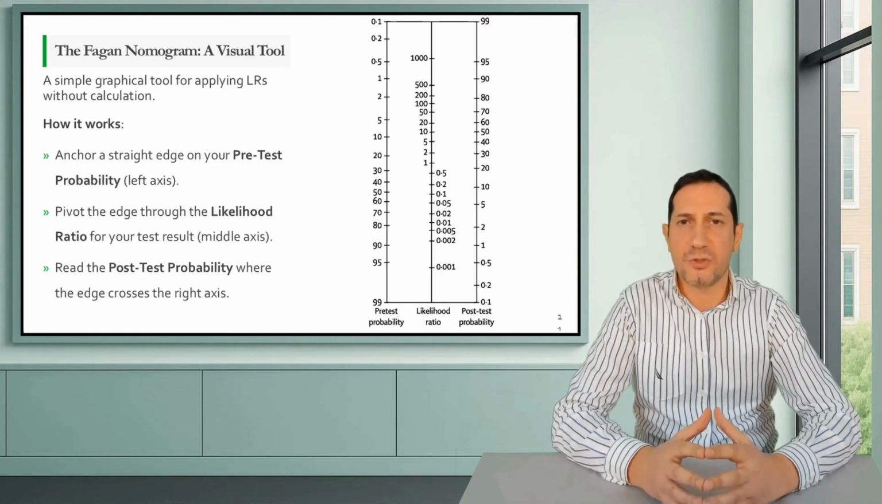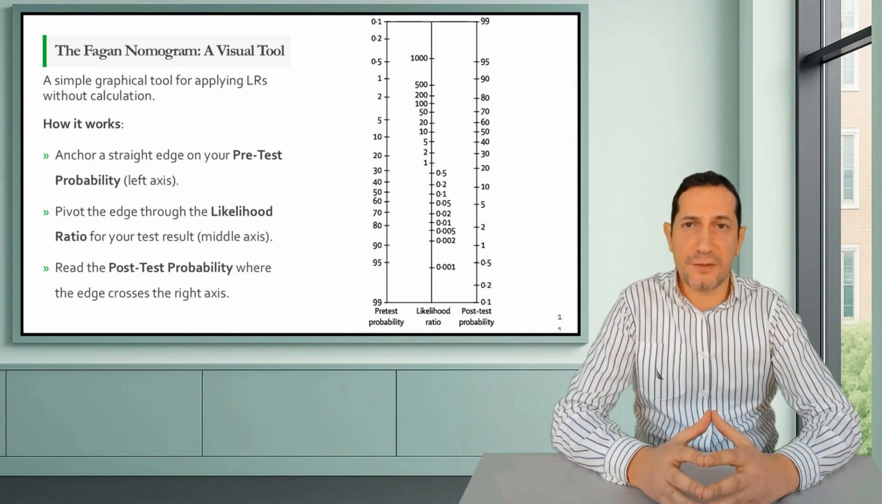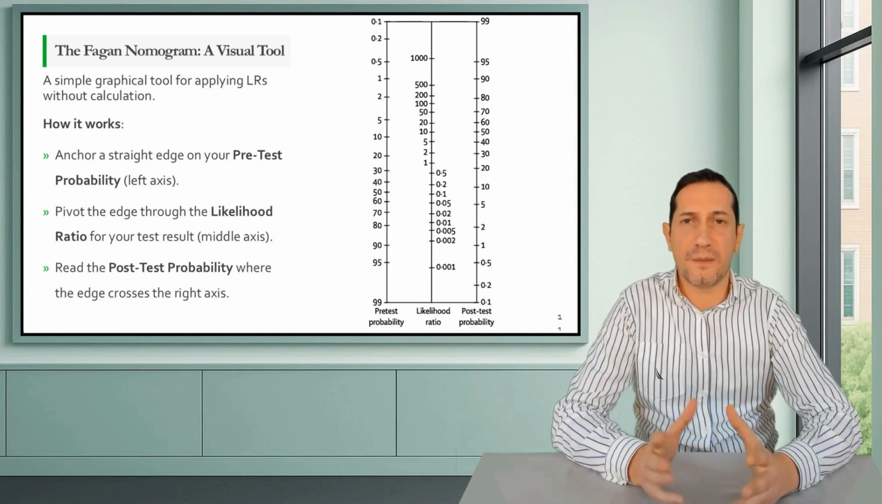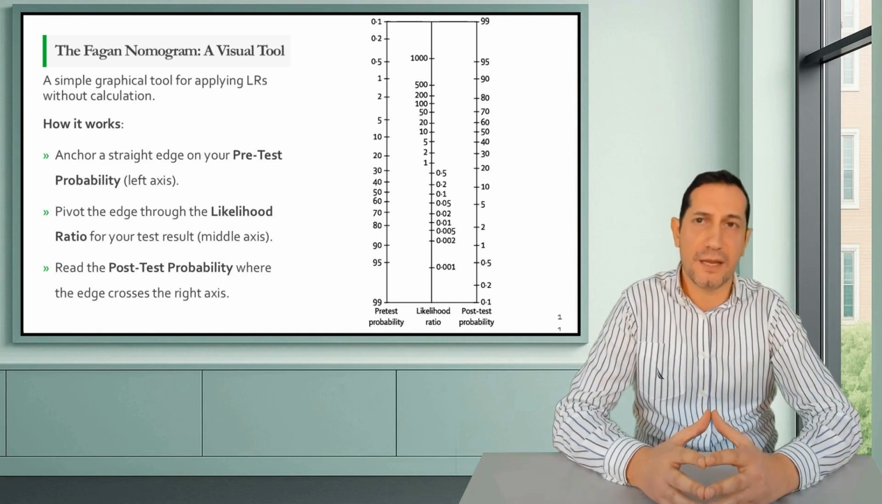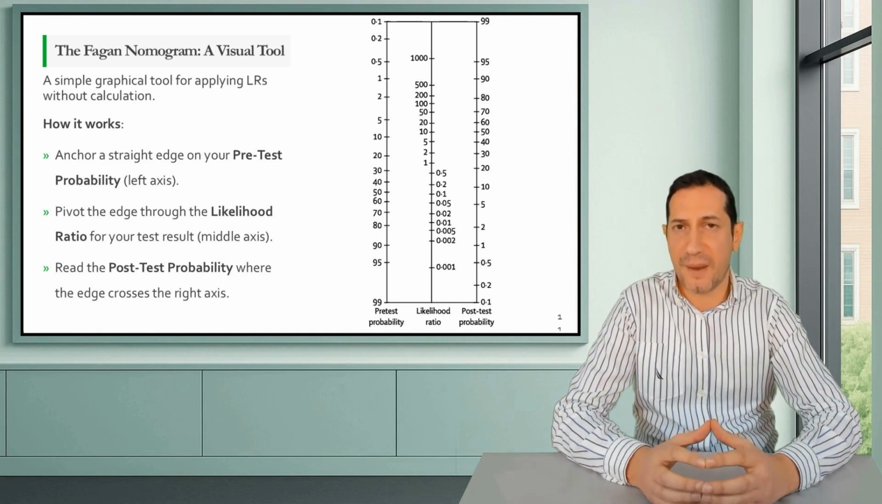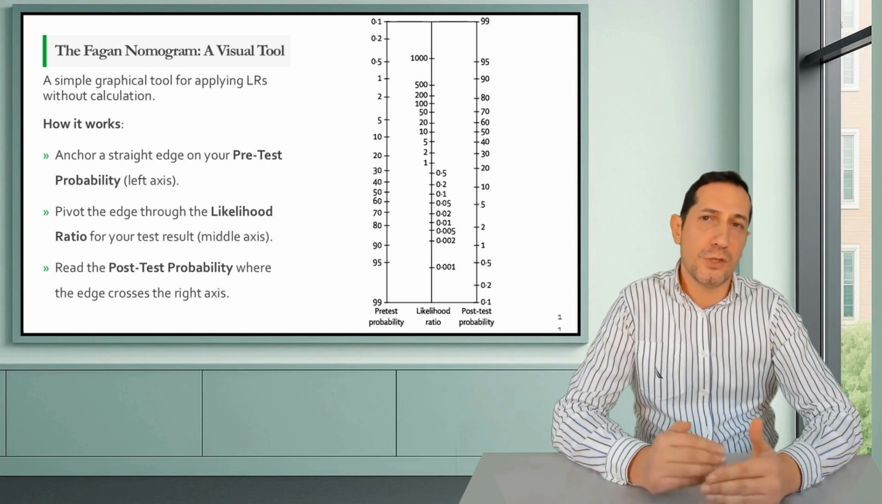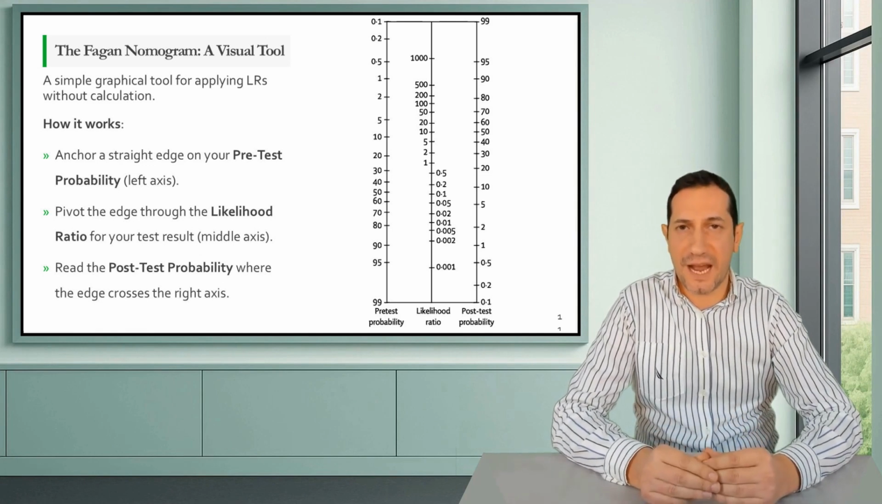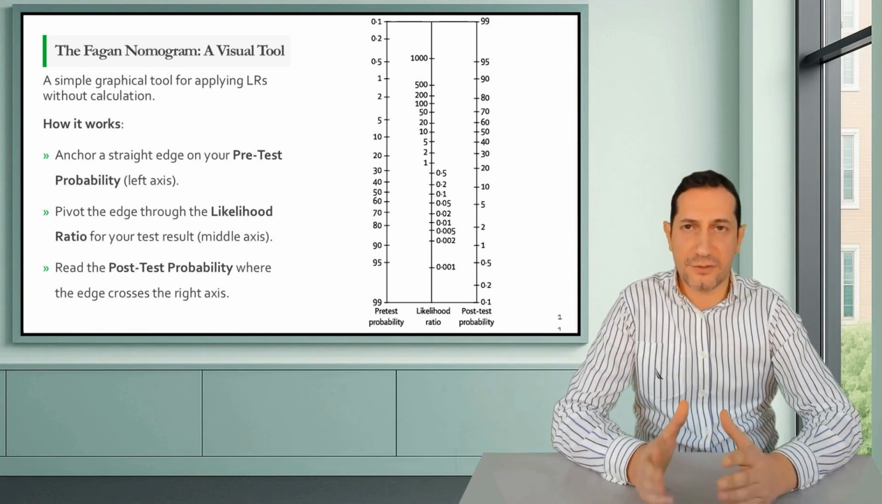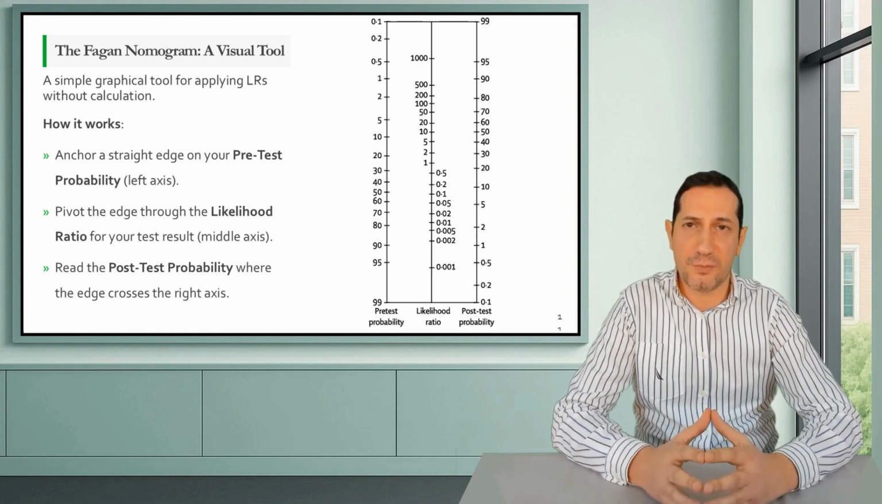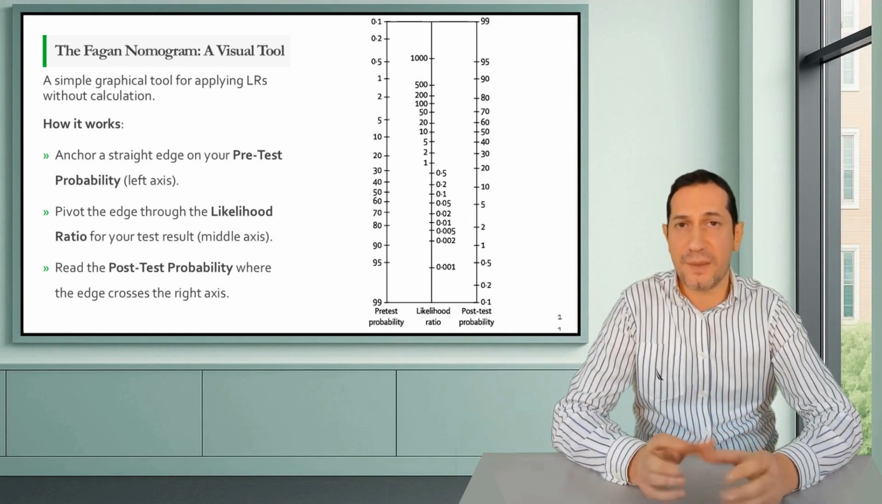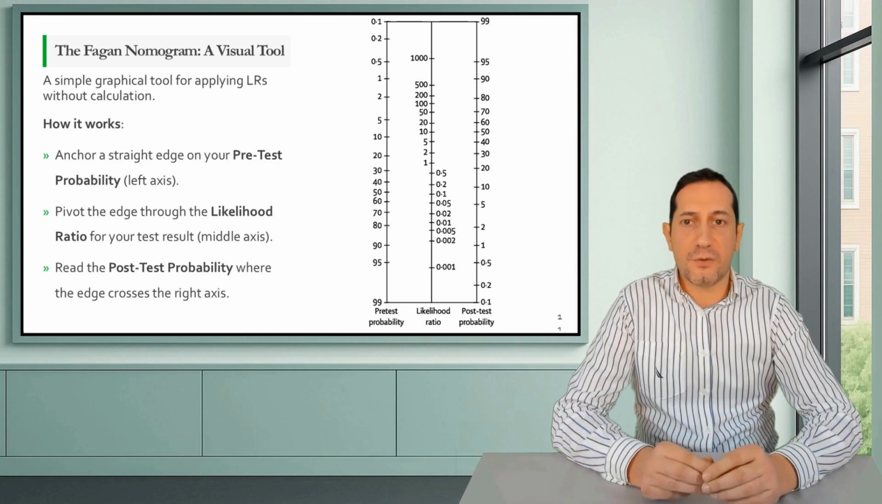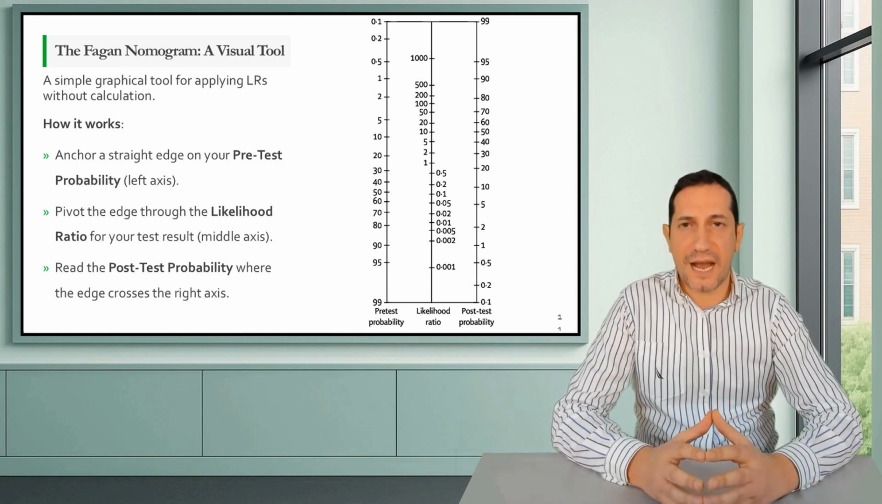Doing these odds conversions can be tedious in the busy clinic. Fortunately, there's a brilliant graphical tool called a Fagan nomogram that does the math for you. It consists of 3 vertical lines. The line on the left represents the pre-test probability from 0 to 100%. The middle line is a logarithmic scale for the likelihood ratio, and the line on the right shows the resulting